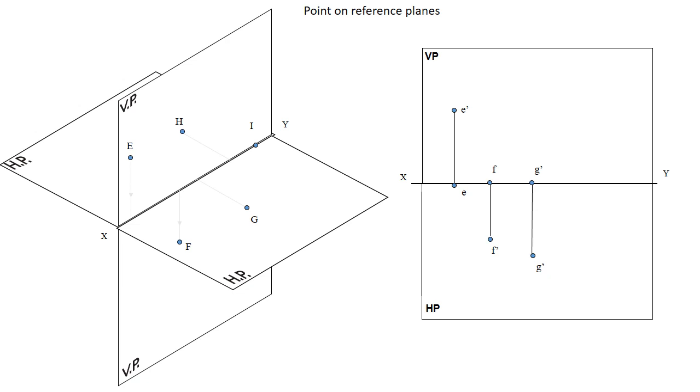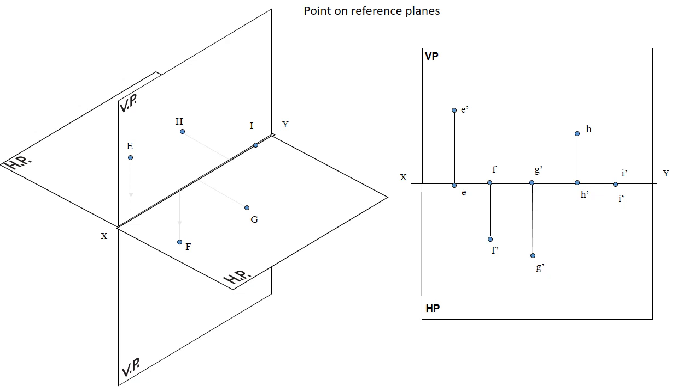Point G is in HP but in front of VP. First, we always have to draw the front view. That's why we get G dash on the reference line, and its top view below the XY line. Point H is in HP behind VP. First, draw its front view. If we see from the front side, we will see H on the reference line. That's why we get the projection H dash on the reference line, and its top view above the XY line.